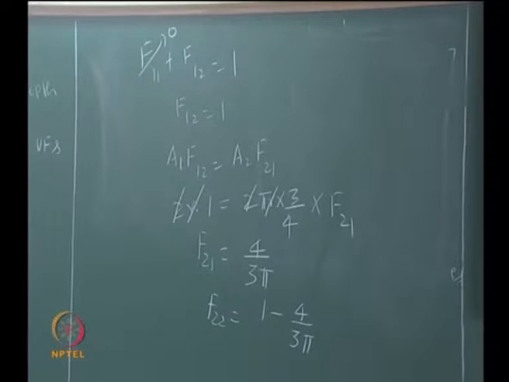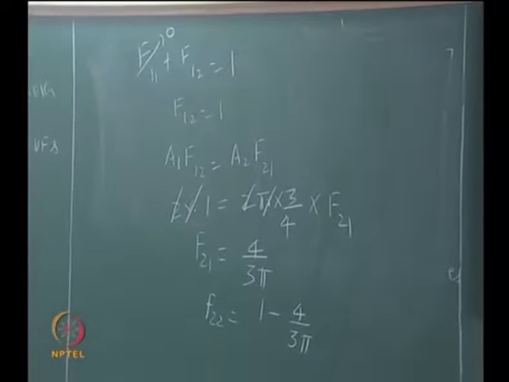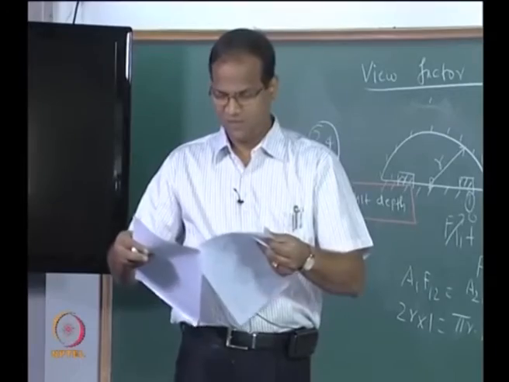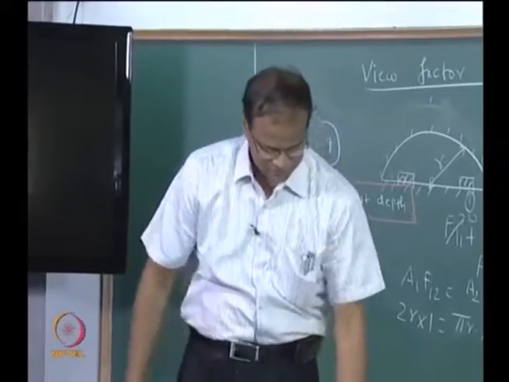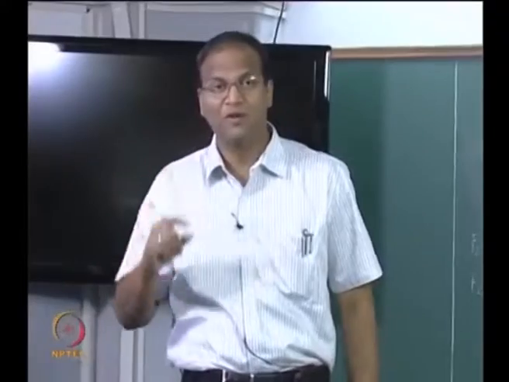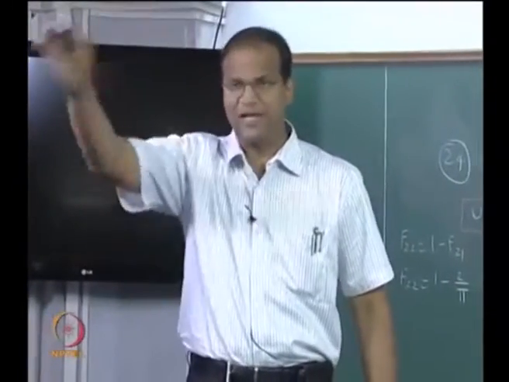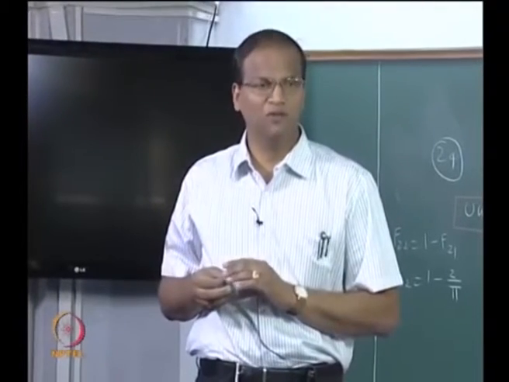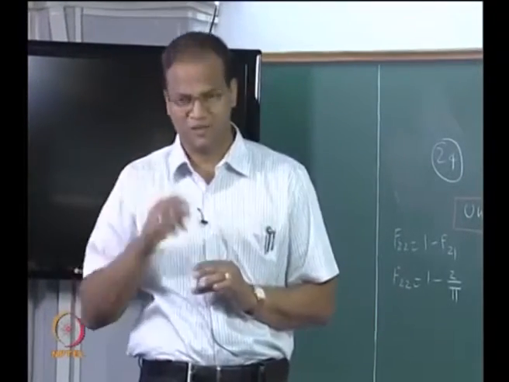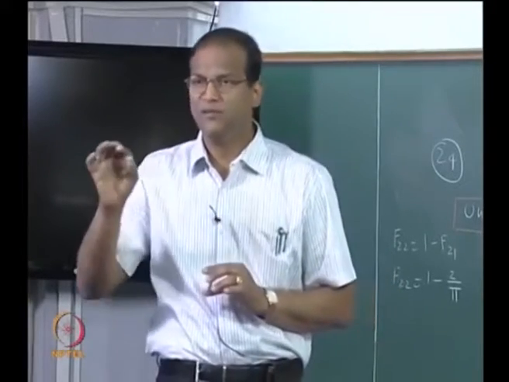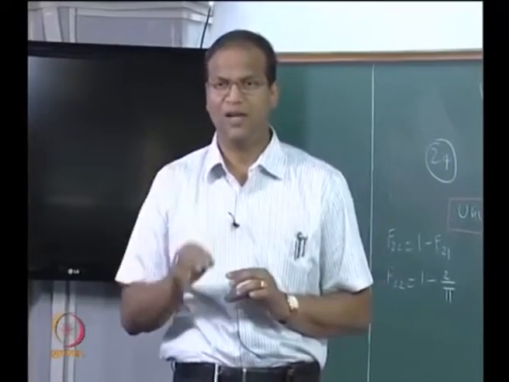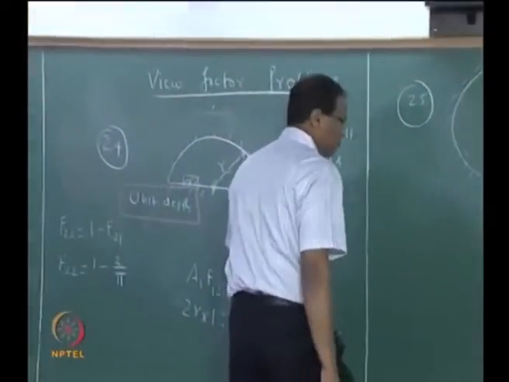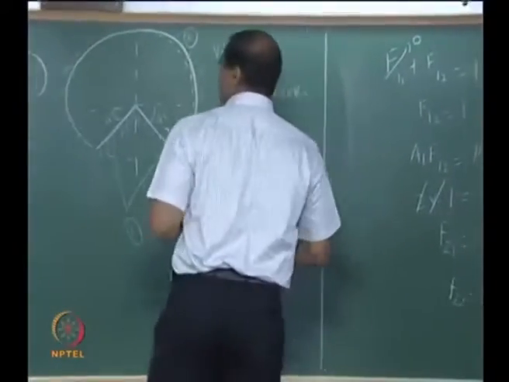So by exploiting algebra, we can keep on solving problems, but we have to take a call and close the discussion on this. I am just seeing whether I am missing something. Now we will take up a problem where we will necessarily have to get the view factor by direct integration. Since direct integration of two finite areas will be very painful, for demonstration purposes we will take a simpler problem, but even a simple problem requires some fundamentals. You cannot just blindly use the formula. Let us look at a problem where you have to get view factors with first principle integration.